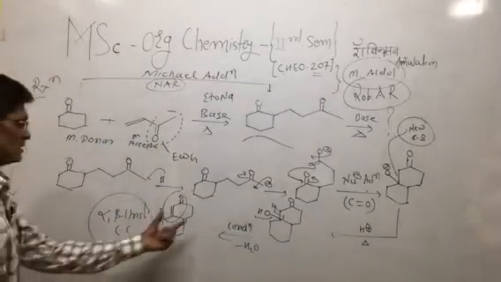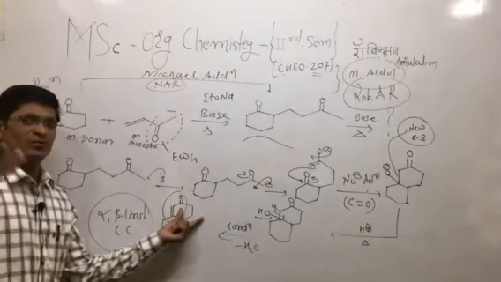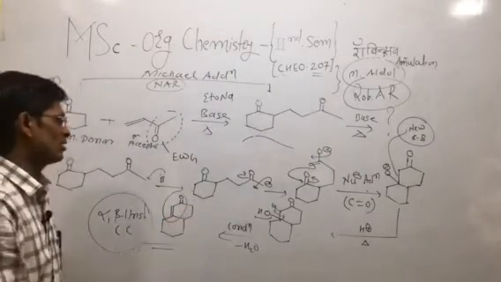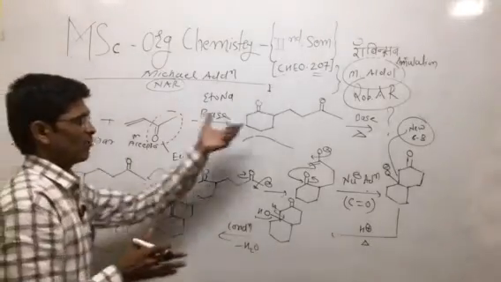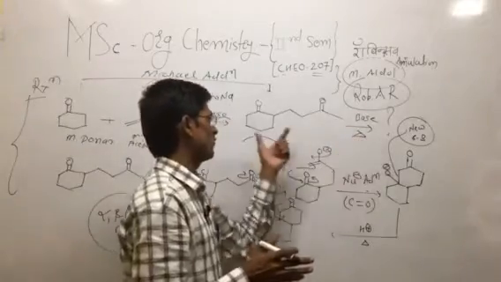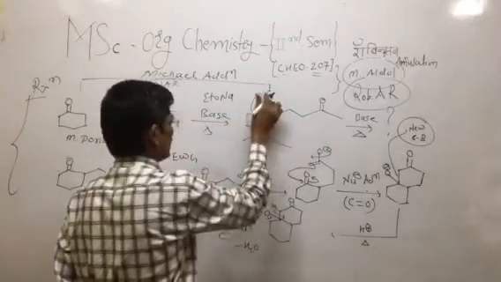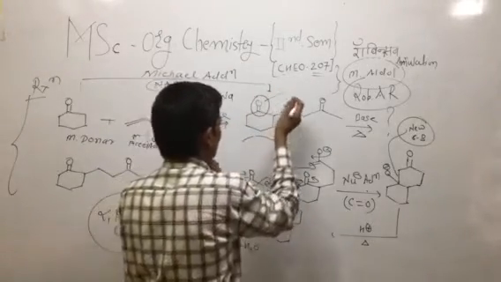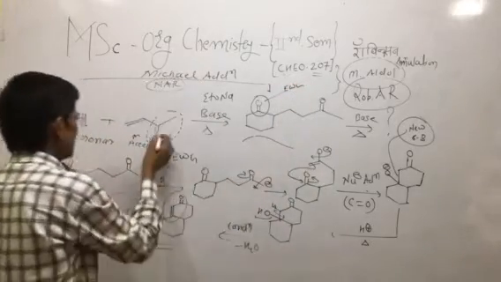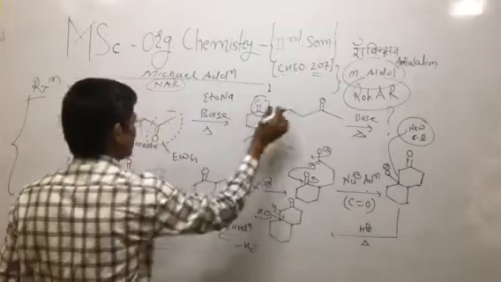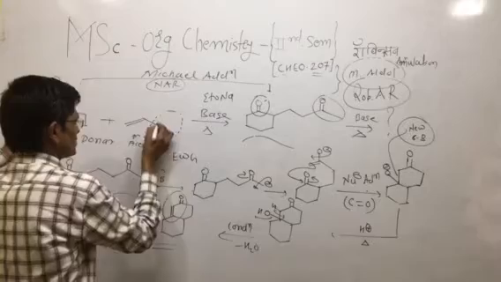So not only the 6-member cycle, but also 5-member, 4-member as well as 7-member rings can be obtained. So it must be a cyclic compound, treated with Michael conditions, basic condition, and it is a diketone. Not only is this species a ketone, but the other group must be an electron withdrawing group. Again here also this is the electron withdrawing group. So if we take the reactant species with cyanide here,